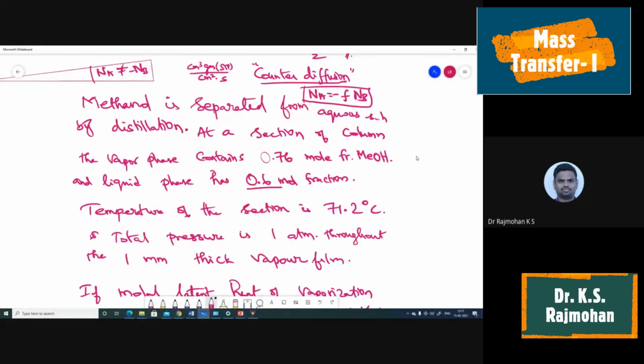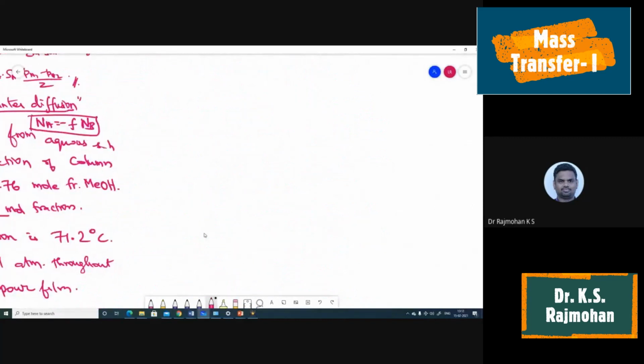Okay. Now, similar to that, we have to establish a relationship based on the data given here. Okay. So here distillation is taking place. You have a layer. For this type of situation, one formula is to be used that I will tell you. So if you consider a case of Na not equal to minus Nb, then we have this Na into delta H, heat of vaporization.